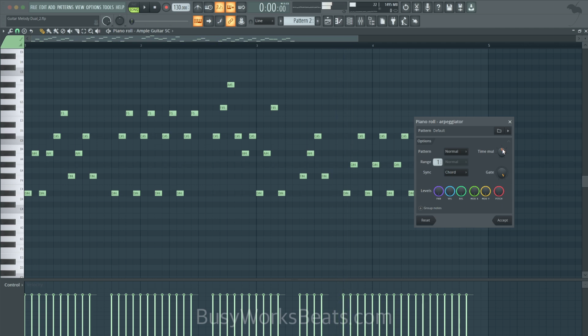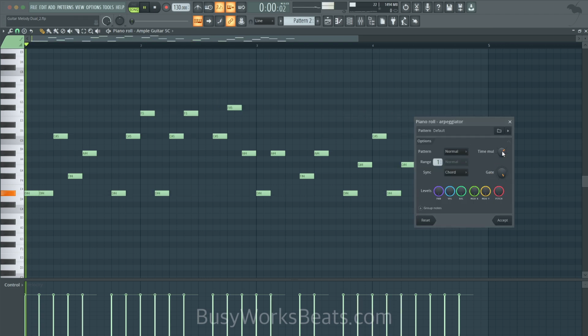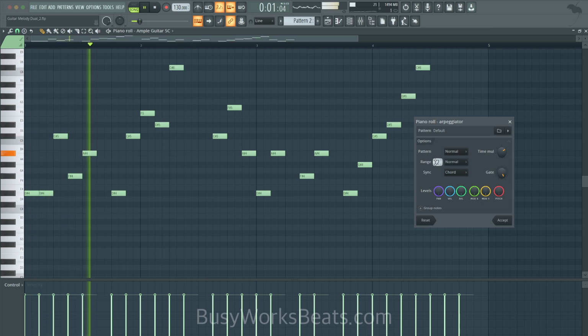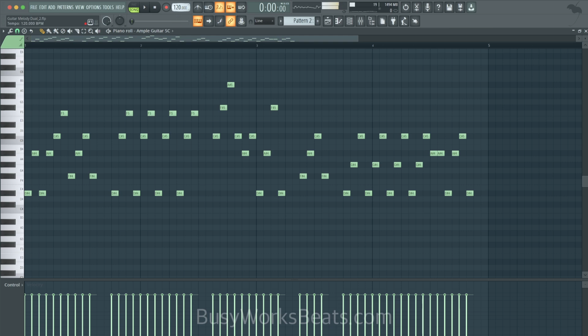Now, is it realistic? You know, it's up for debate. But you can slow down the BPM. So let's just mess with this real quick. You can also mess with the range. But again, the arpeggio style is kind of, you either use it or you don't. Let's use this one and just slow the beat down a bit. I think it's kind of stop and go-ish. I like the movement in the beginning, but it's a little too stop and go-ish.